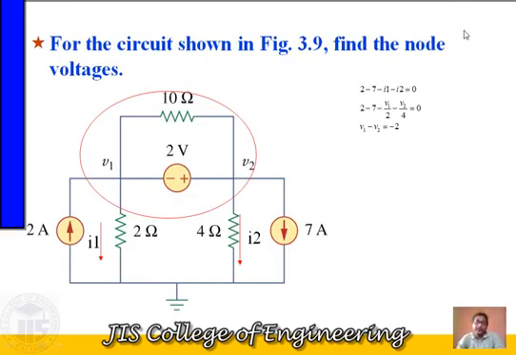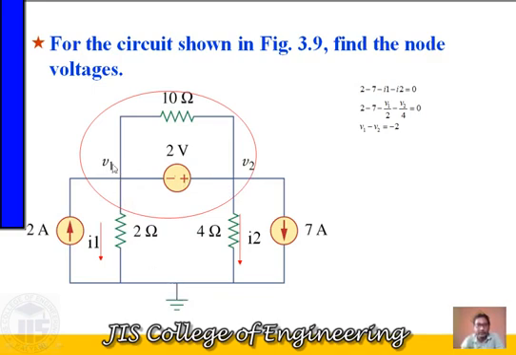As we have already seen, whenever we consider the concept of the super node, it means any two non-reference nodes are directly connected with a voltage source, and if any elements are connected in parallel with that voltage source, then altogether we can consider them as a super node. So here is a simple circuit. First of all, we have taken a simple circuit, then we will go for the complex one. In this simple circuit, the voltage source is connected between these two nodes, and altogether this circuit has three different nodes.